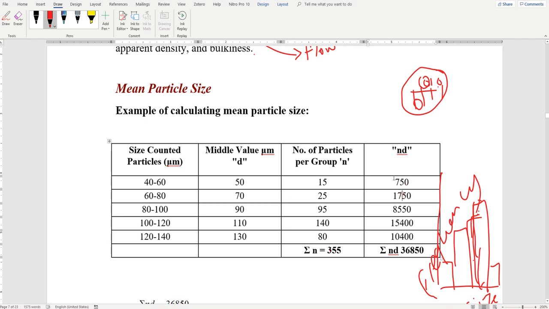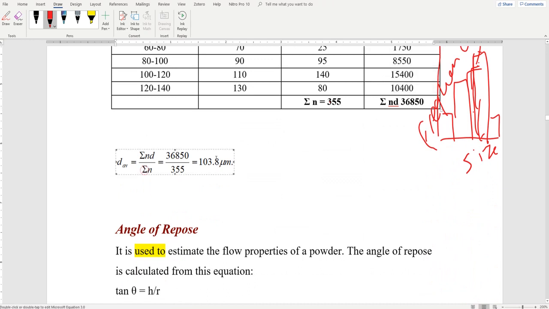And then we summed all these together and divided by the number of particles. What is the total number of particles? The total number of particles is 355. So divide 36,855 by 355 and you will get the average,